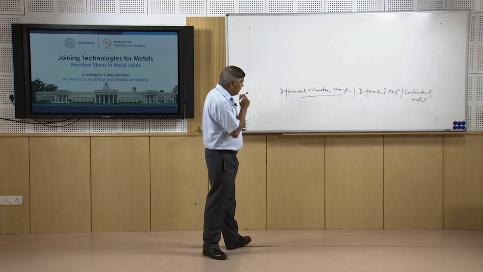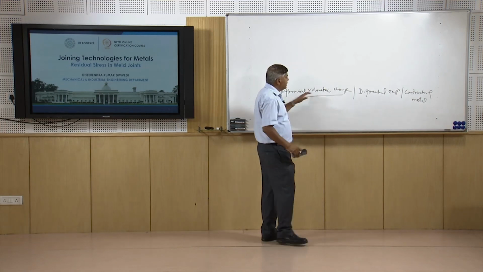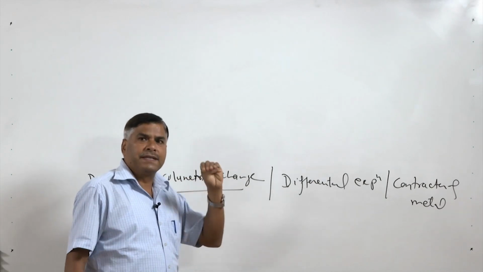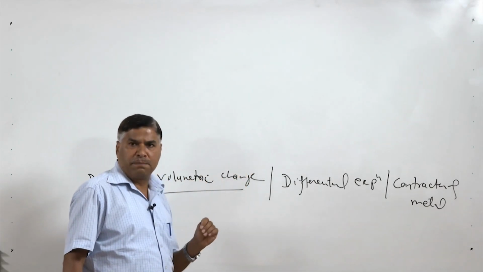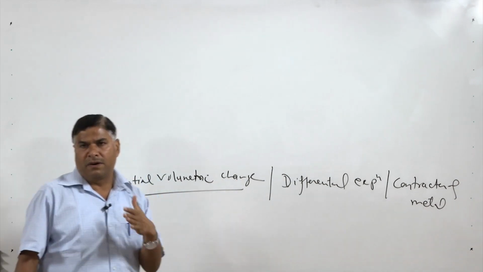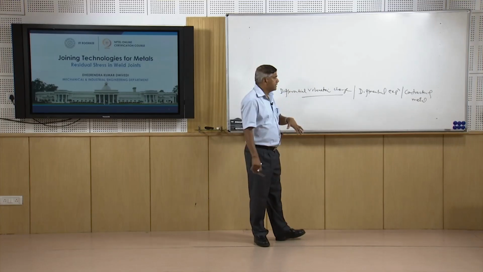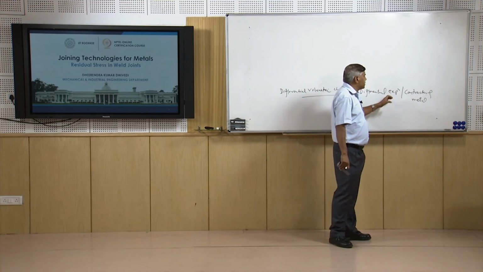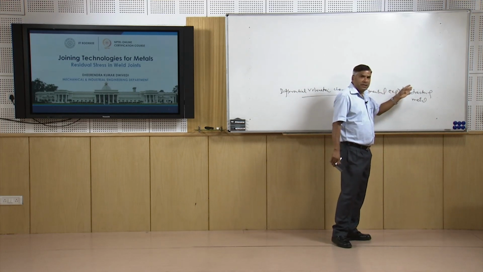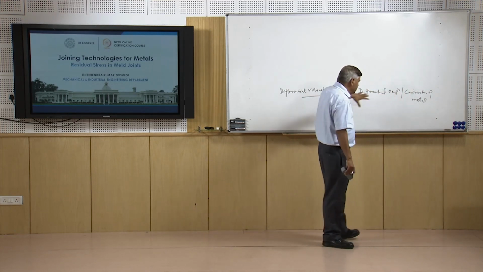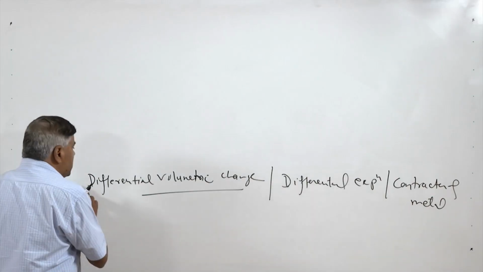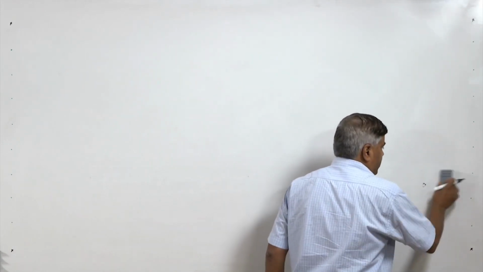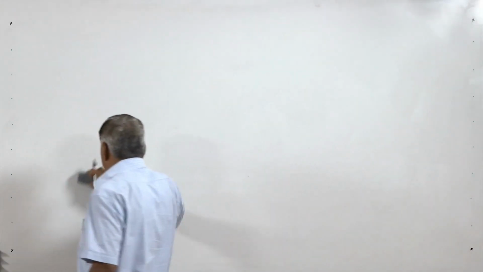process, wherever there is a differential change in the volume of the metal, meaning one region is expanding, another region is less expanding, one region is contracting, another region is not contracting by the same amount, or the expansion is different in the different zones, or contraction is also different in the different zones. So, these situations in turn lead to the development of residual stresses, but how, that is what we will be